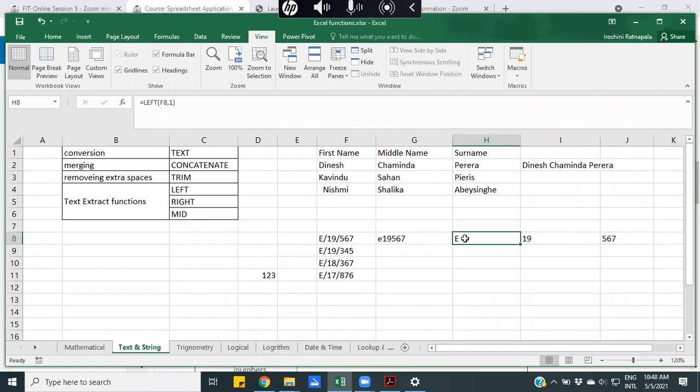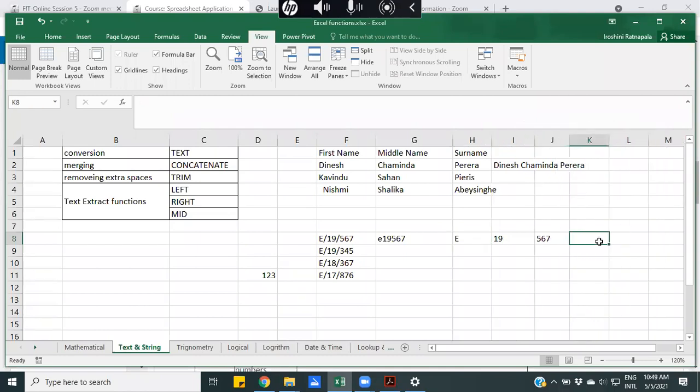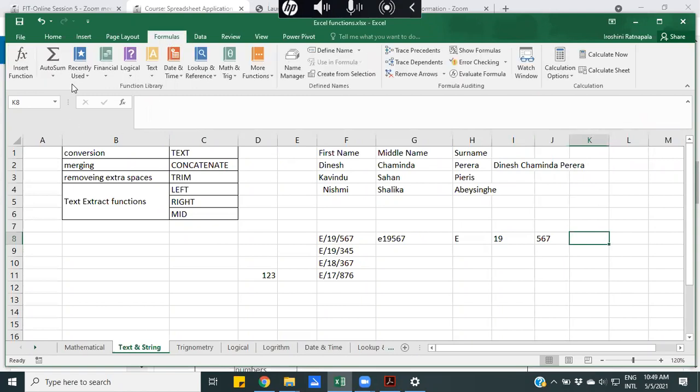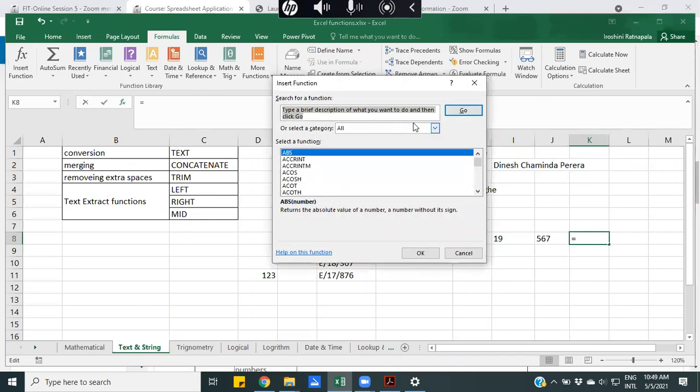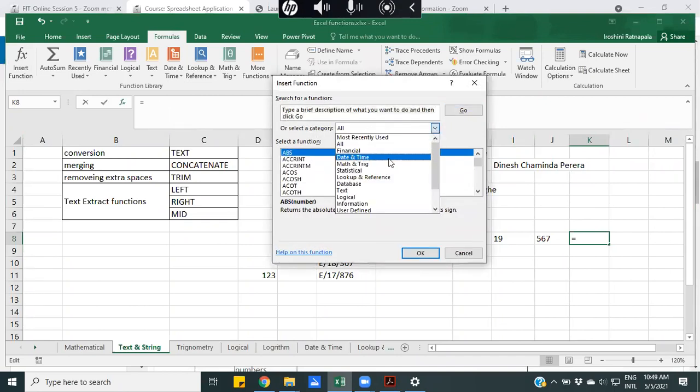I can't actually remember the function to convert, I think LOWER or UPPER, something like that. We'll see what functions are available under the text category.